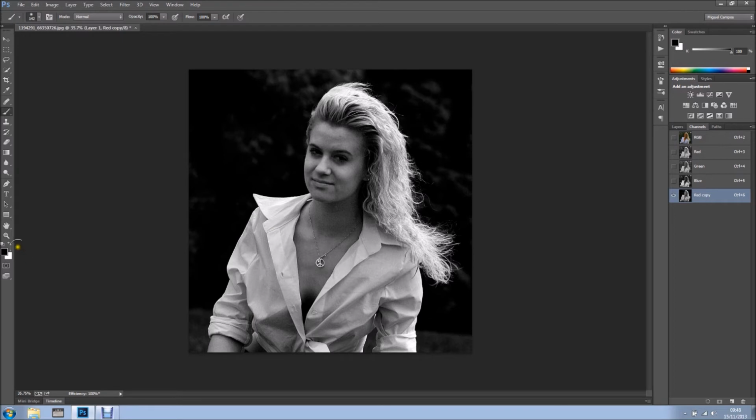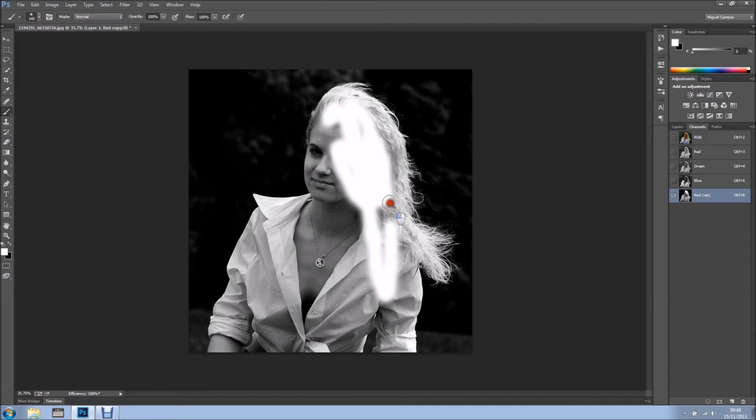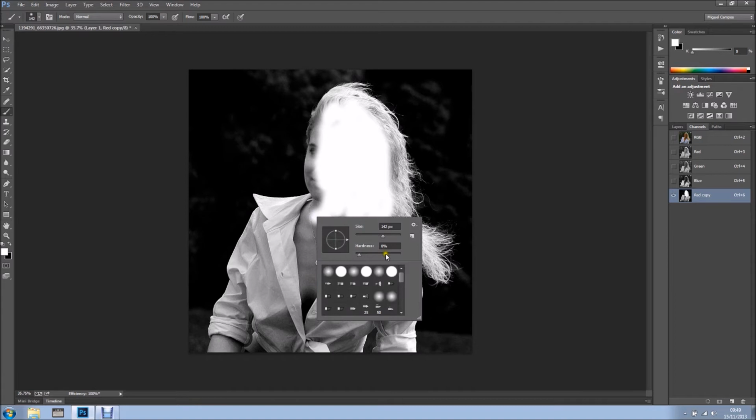And now I want to go into select the whites, and where it's dark right here I want to paint it in white. So I'll just go like this, like so, and I've got a soft brush, so I'm being a bit careful. Whoops, I just messed up. So I'll just go again, something like this, and I'm going to make my brush harder,